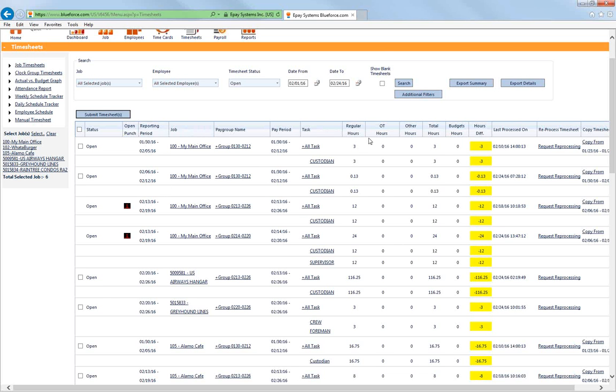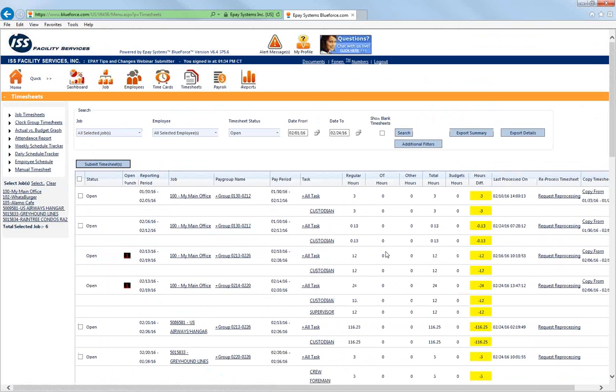On this screen, you'll see that it shows you total hours, any OT hours, other hours, and of course the total timesheet hours. So on this main timesheet, if you see why does this job have OT, as an approver, you can always go back to your submitter and ask, why is there so much OT on this job? Or maybe there's OT there that's not normally there. You can find out what happened, or maybe there was an accidental punch that got approved and